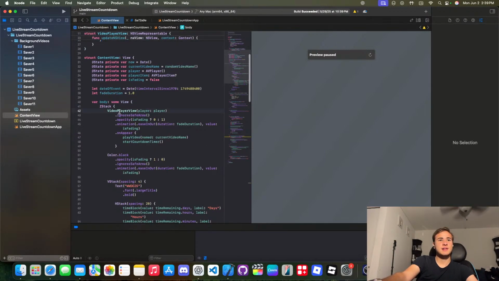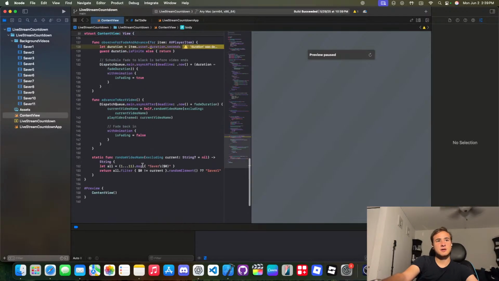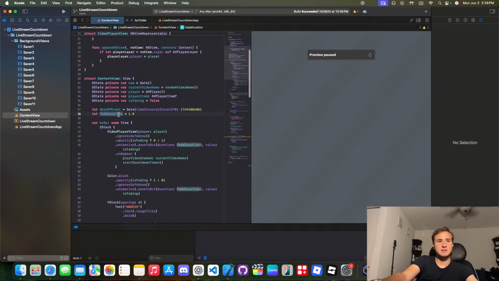So I just had this video player view, and I have a countdown timer, which constantly every second changes the current time to be closer to that. And this number represents the time WWDC starts in Unix time, which is every second since 1970. Like, okay.